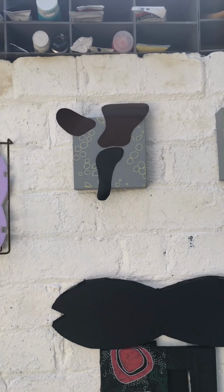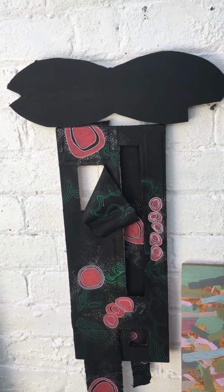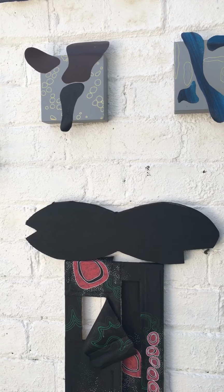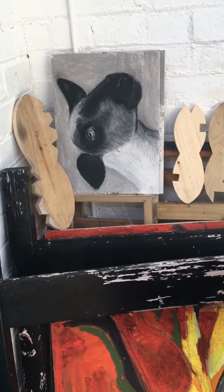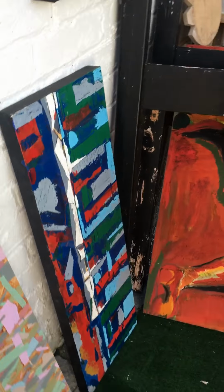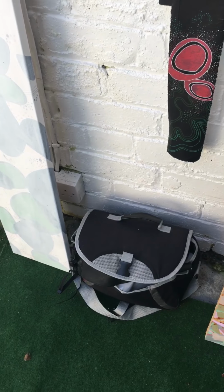I always have a few pieces of experimental work on the walls. I'm looking at tearing into canvases at the moment, and I'm also looking into making some 3D pieces using blocks of wood. I also have a few paintings that I intend to sort of paint over, etc. Either that or re-stretch, and then I have some more experimental pieces. I keep my camera equipment up here,